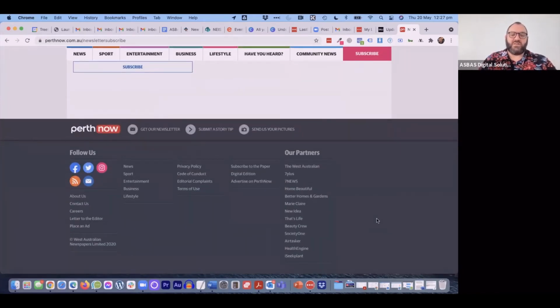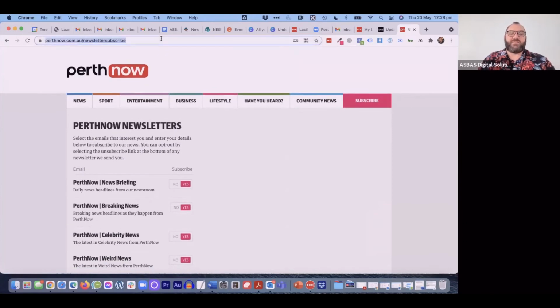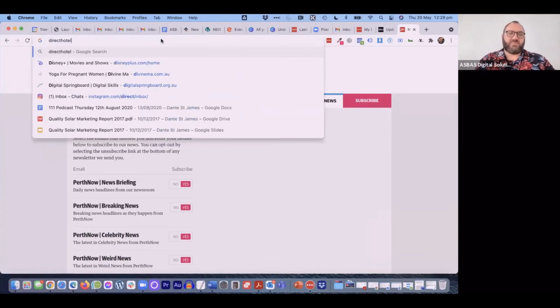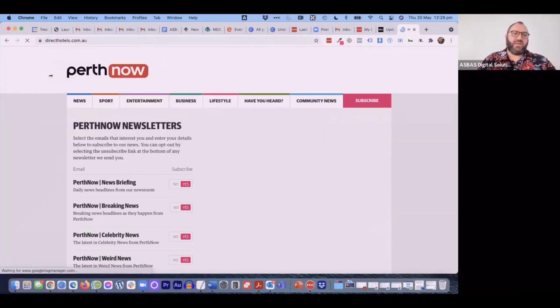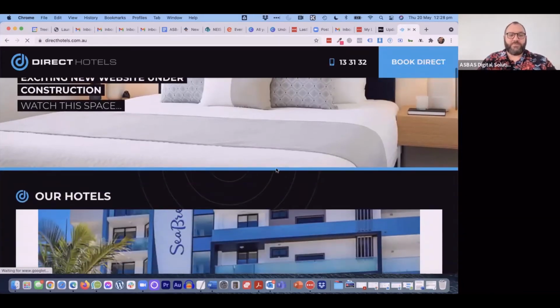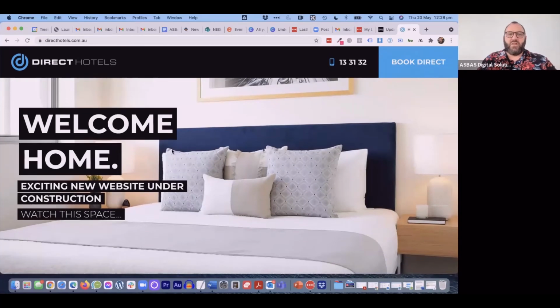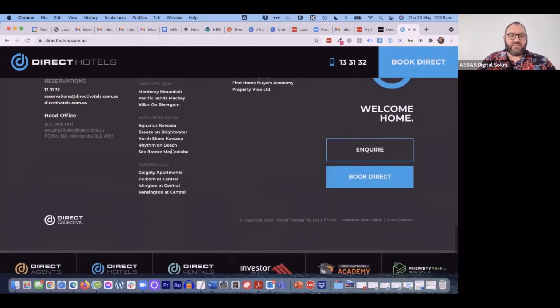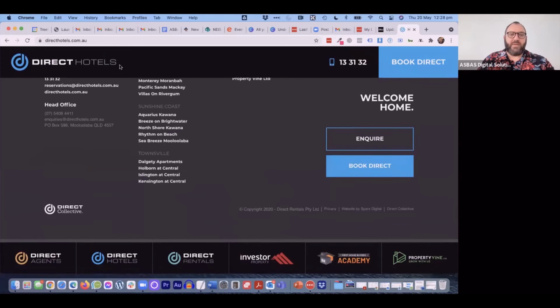It's just subscribing to newsletters. So that's a bad example. But if there's any sort of service I've never signed up for, maybe direct hotels, because I'm staying in a direct hotel here in Townsville. So they don't really have a login as such that you would do for this. So that's probably no good for me as well. It's actually really hard to find something that I'm not going to log into already in some way, shape, or form. Maybe